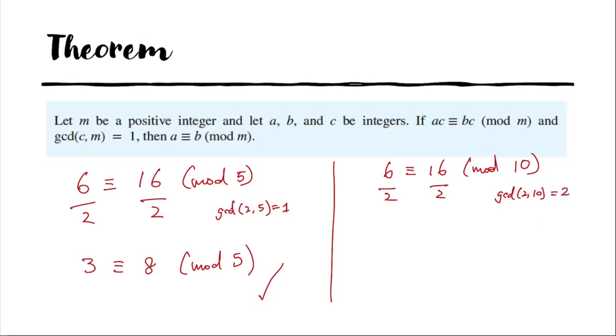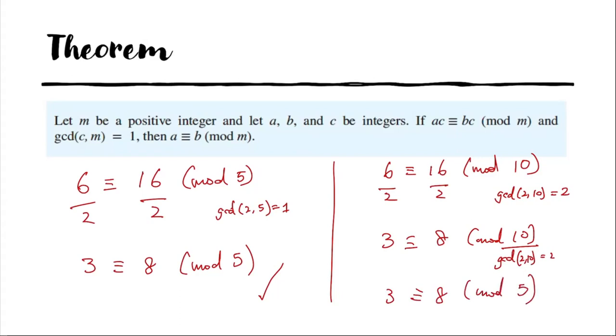It will be 2. So if you just simply divide the 2 from 6 and 16, you'll get 3 congruent to 8 mod 10. Is that true? Is 3 congruent to 8 mod 10? No. Right, so to fix it, we will divide the modulus by the GCD of the number we divide and the modulus. Which means we will also divide the modulo by 2. So we have 3 congruent to 8 mod